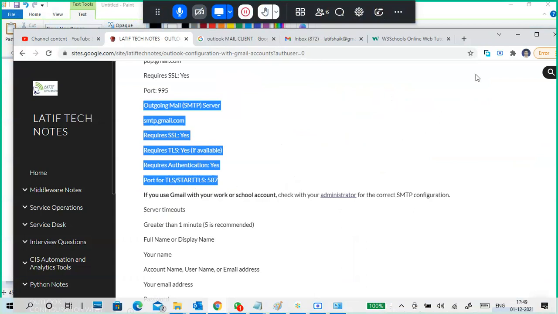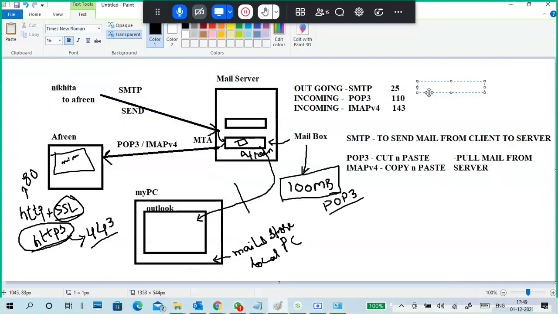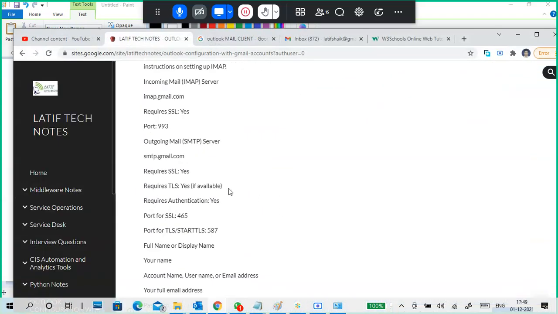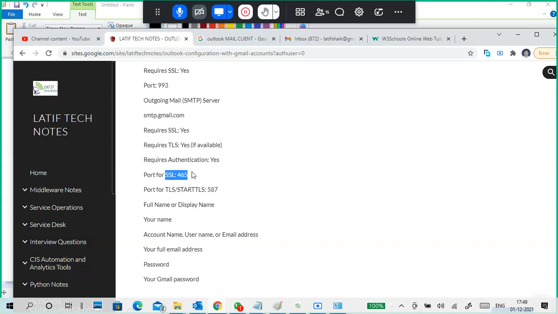This TLS is 587, SSL is 465. Okay, so yeah, here it is. SMTP with SSL is 465, SMTP with TLS is 587.